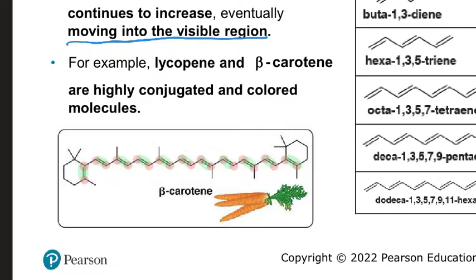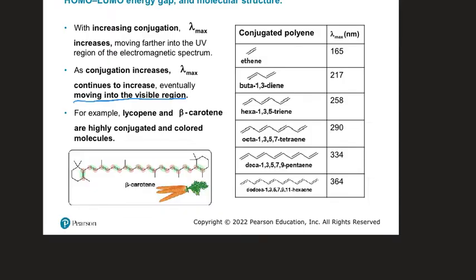For lycopene, I don't see it in the picture here, but lycopene is a very similar structure, and that is responsible for the red color of tomatoes. And that one also has 22 conjugated atoms together. We'll see that one on the next slide. But over here, we see in the table the lambda max for ethene, buta-1,3-diene, hexa-1,3,5-triene, octa-1,3,5,7-tetraene, deca-1,3,5,7,9-pentaene,